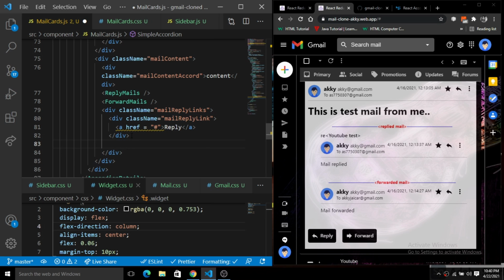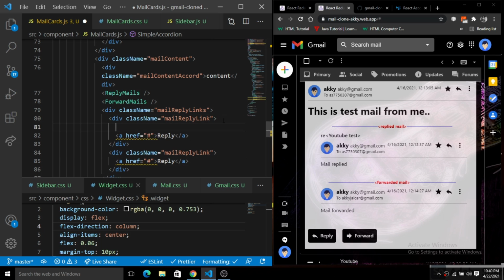So just copy this, paste it down here. Okay, so we have just copied the reply icon initially. Here we have a reply icon. So here we have this reply, and here we have a forward, right? So here we have this forward icon, and we have this reply icon.